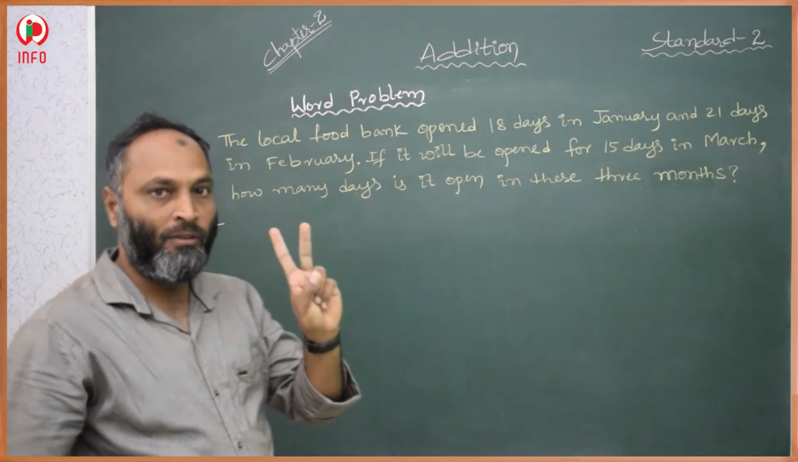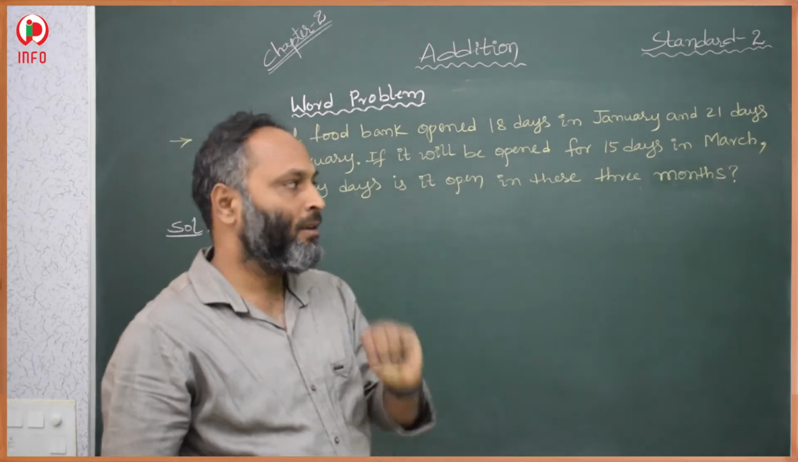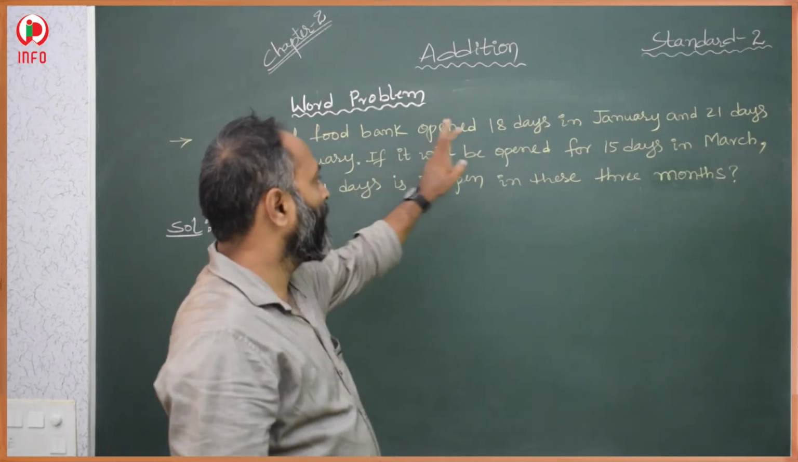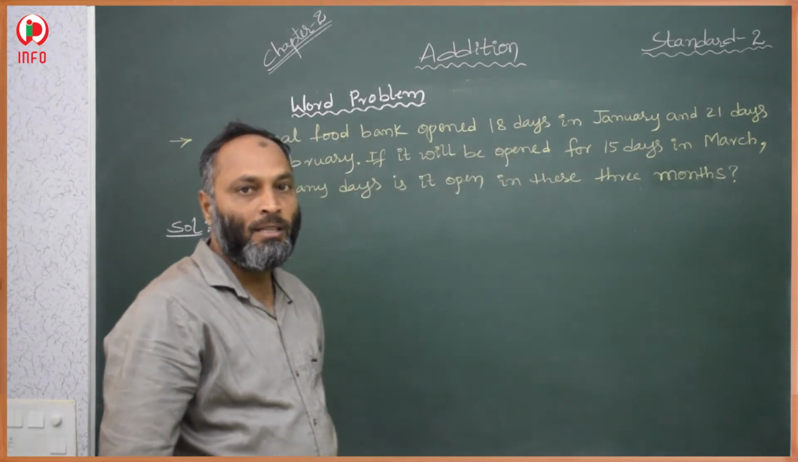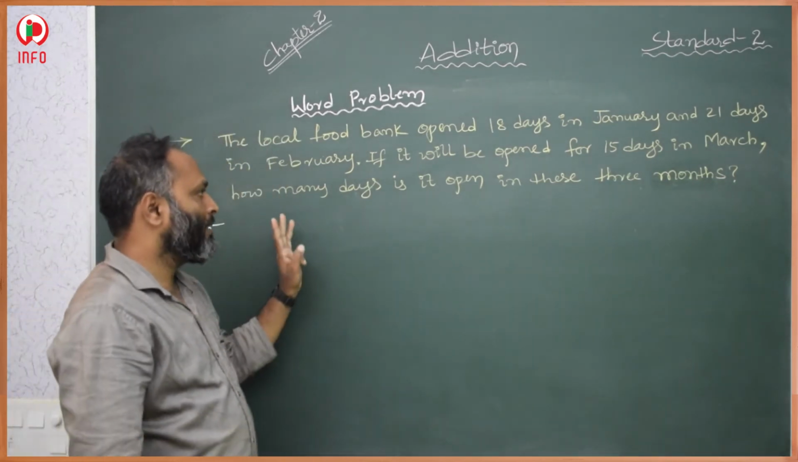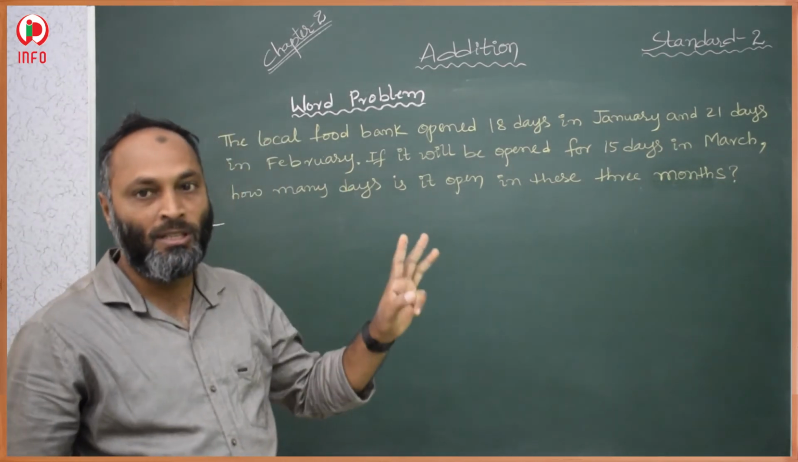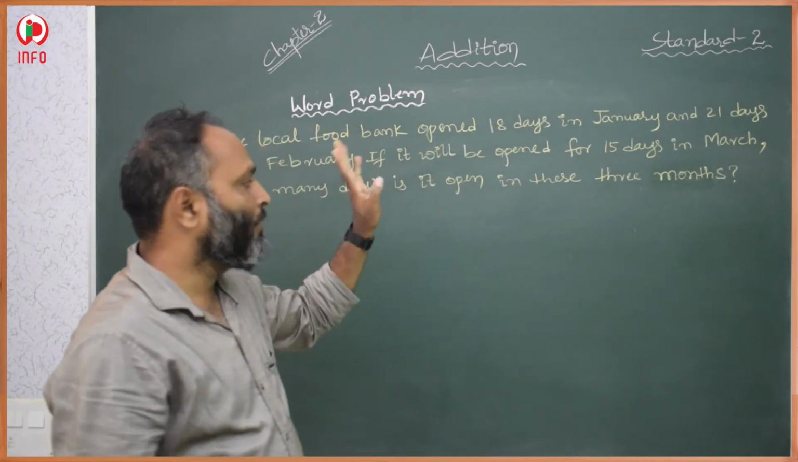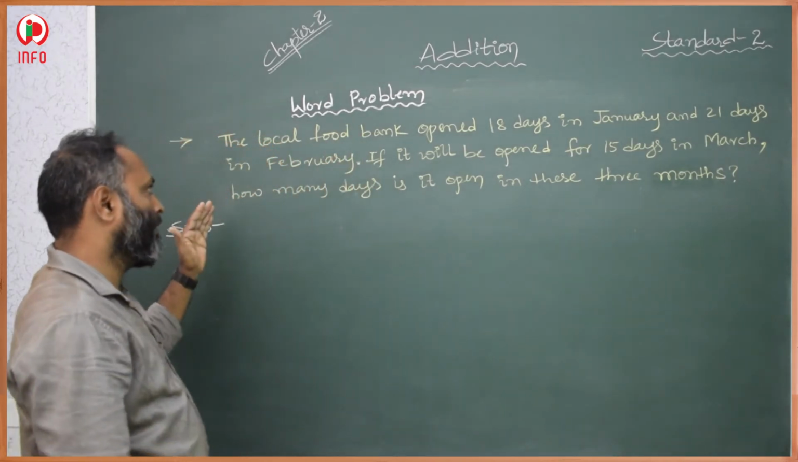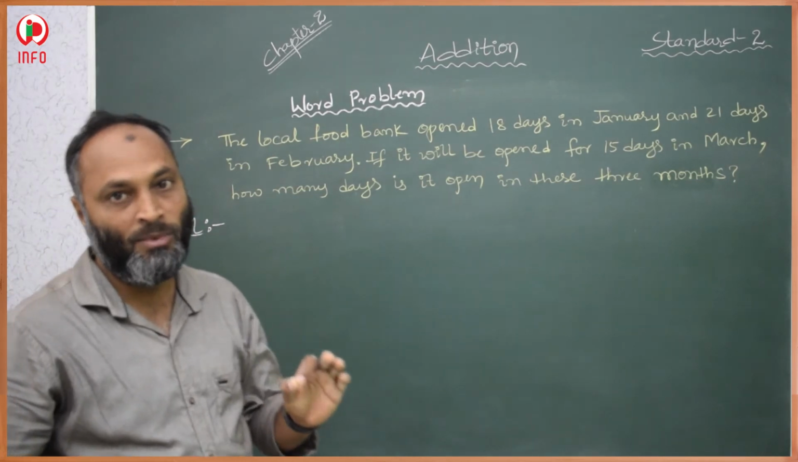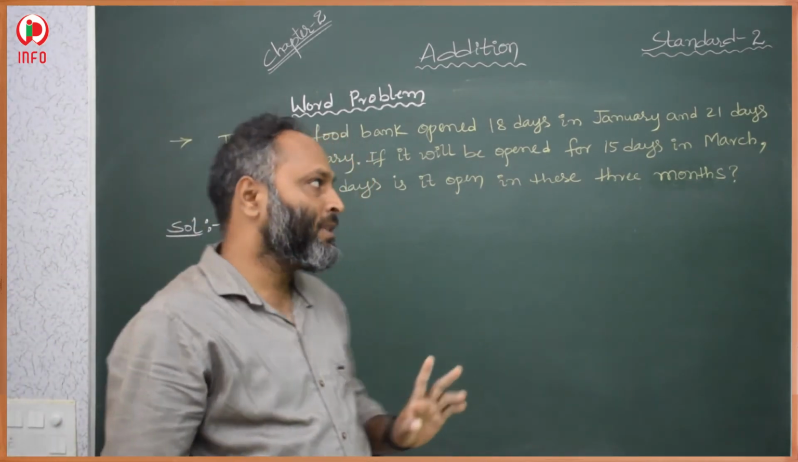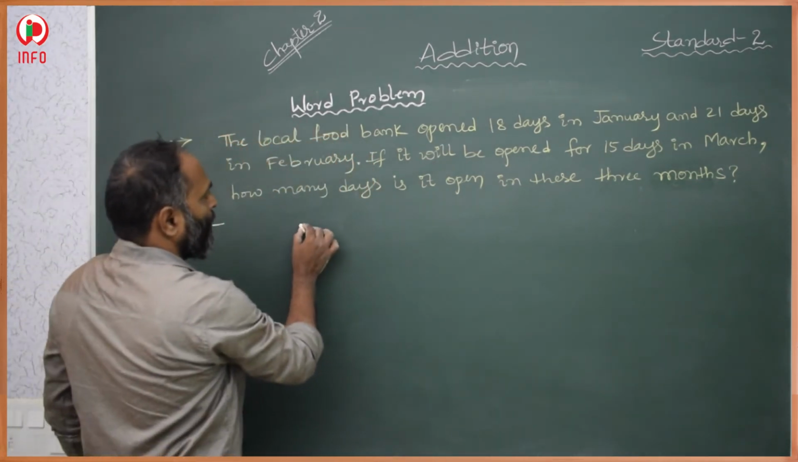So January, February, March, 3 months. The number of days the food bank opened is given, so we have to calculate and see the total in these 3 months. Whenever there are word problems, we have to write the steps. Steps are important. So first step, food bank